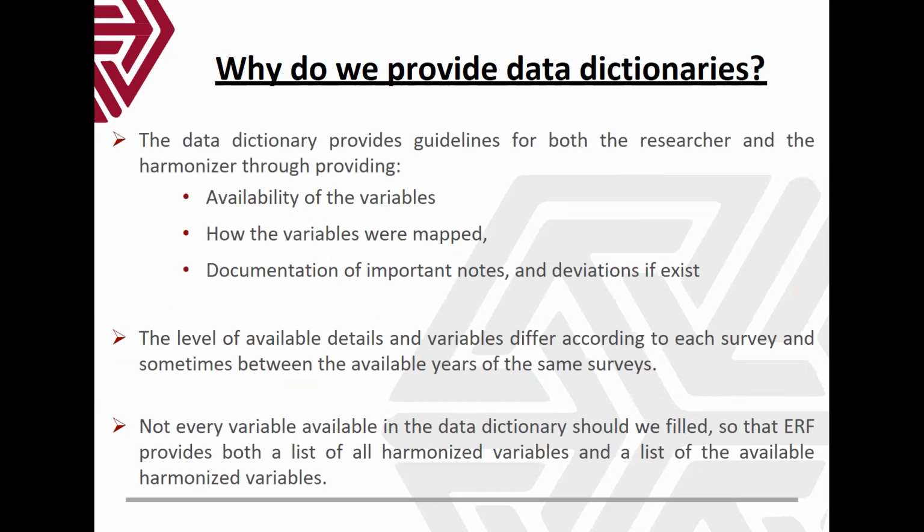What about the data dictionary that I just mentioned? The data dictionary is very important, actually, because it provides all the guidelines for the researchers and the harmonizers. It lists all the available variables in the data set, okay? And how these data or variables were mapped with the questionnaire and with the other data sets. For example,